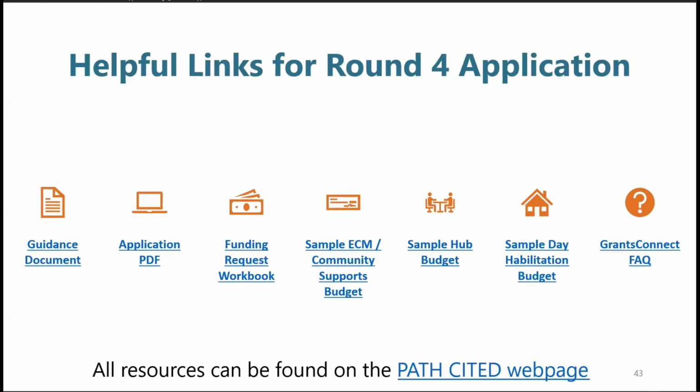And then this is a breakdown of all of those helpful links. So the guidance document, we do have a PDF version of the application. Please keep in mind this is a sample and was posted prior to the application opening, so some questions may have been altered. The sample is not a complete copy of what is in the Grants Connect portal, so we strongly recommend you use the PDF as a guide, maybe to share with some partners as you're brainstorming how to respond to some of the questions,